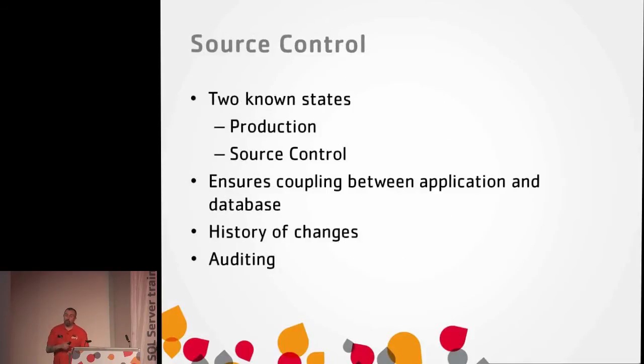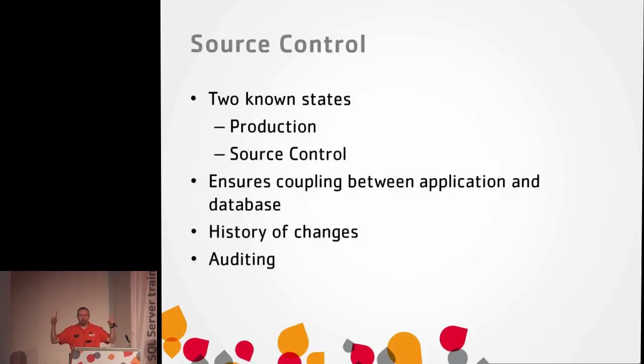So, you're going to use source control. Why do you use source control? Because you've only got two known states in the system. Production. Hopefully, you know what production looks like. Theory. How many people have like multiple SAs that you have no idea what they're doing? Anybody? I had a company like that. They gave it to everybody, including the receptionist. You know the only person who didn't ever make a change to the production? The receptionist. She was the only one smart enough not to ever touch the stupid thing. It's horrible. Production's one. The other source control.